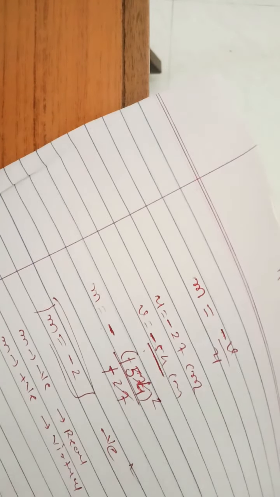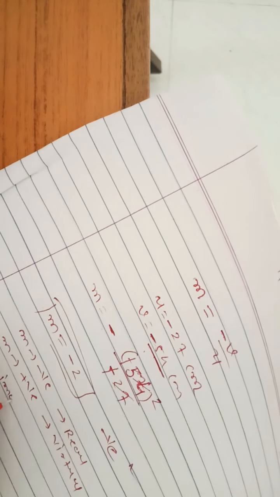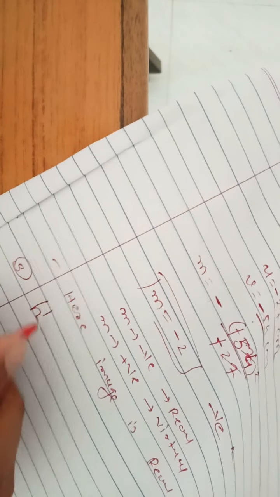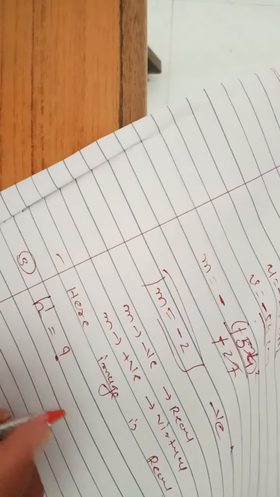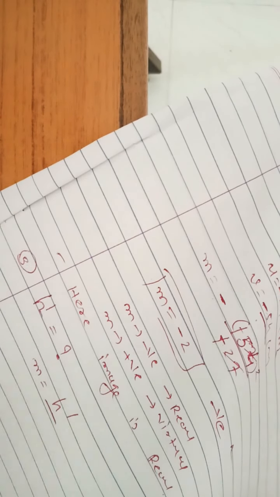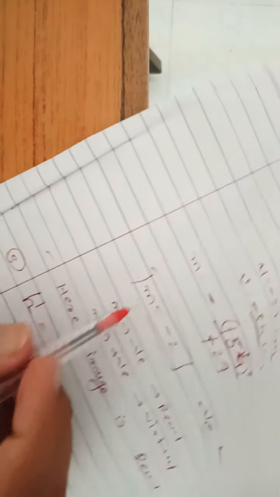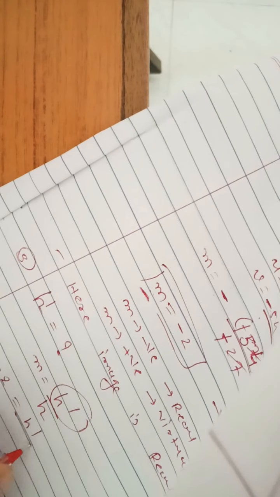Okay, so our image nature will be found, that is given here, image is real. Now the third question is we have to find out the size, that means h dash. Now we know the relationship between magnification and the height of the object and image height. So magnification given by m is equal to the ratio of image height divided by object height. Here magnification is -2. So you have to find h dash, where m is equal to h dash divided by h.